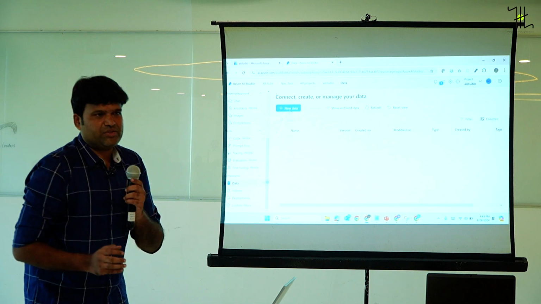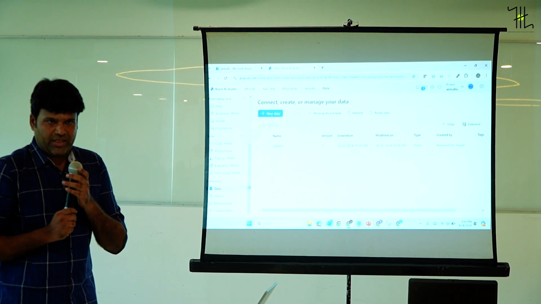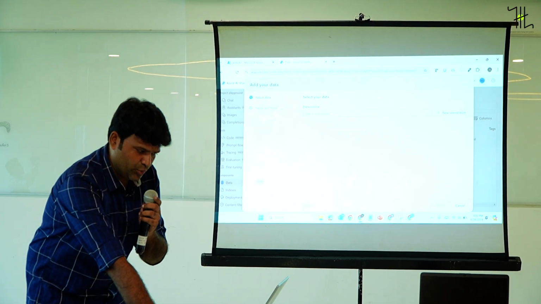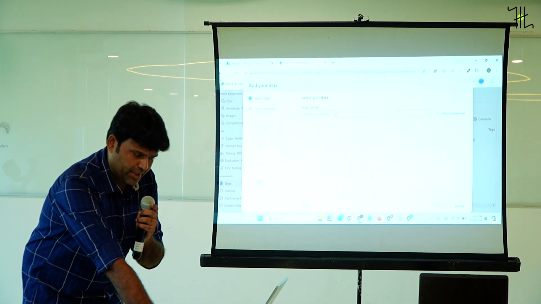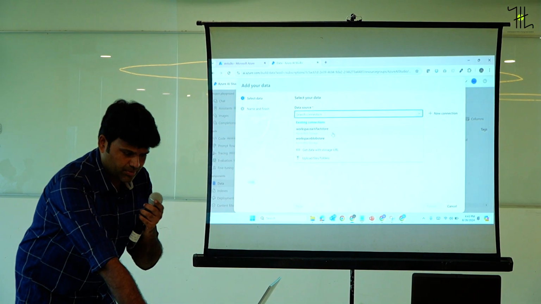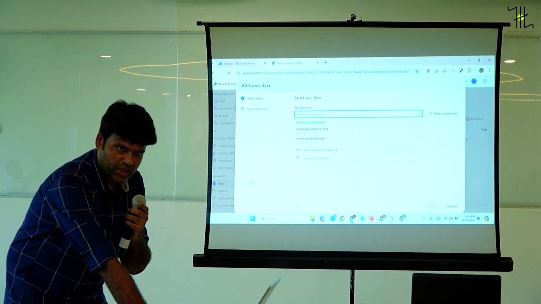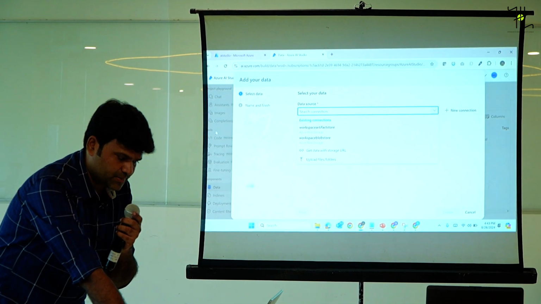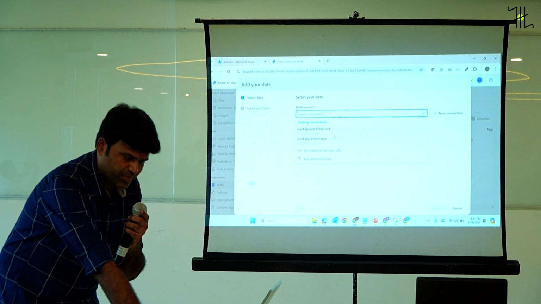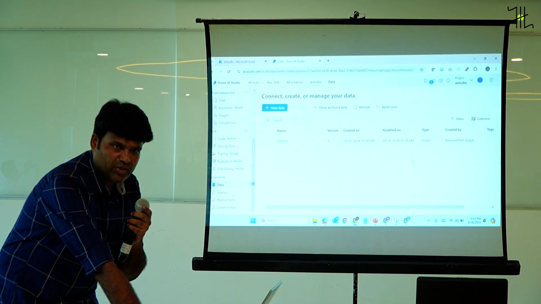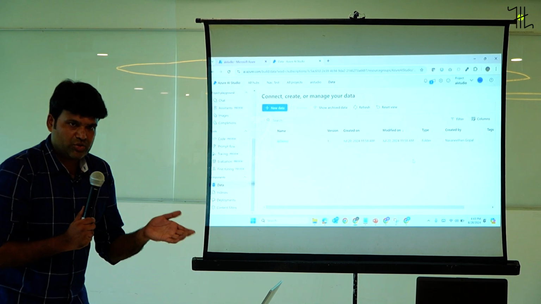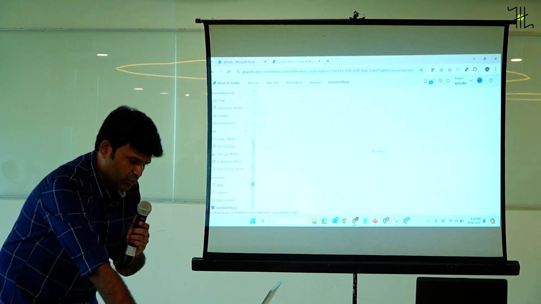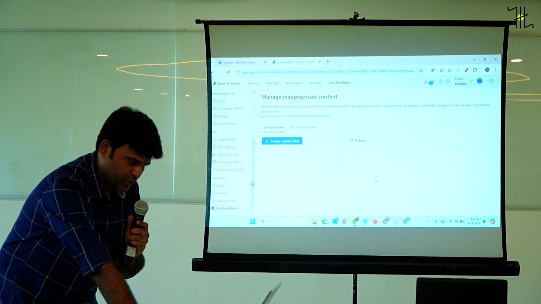Somebody was asking, so if you want to do some fine tuning and you don't have much understanding, then you can use this new data. Sorry, you can add your data easily from some blob storage or from some URL. You can just link it, and this use case can easily take the data from here, and it will give the knowledge from your data source. So that also you can integrate easily. And if you want to do some content filtering, that also you can do.